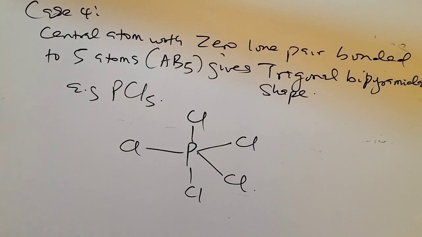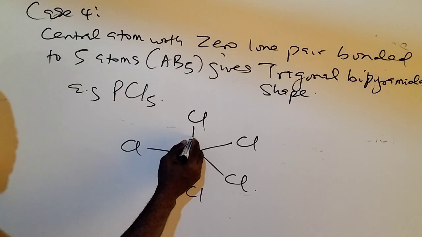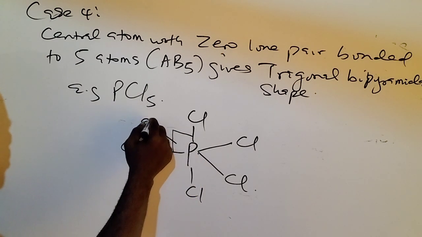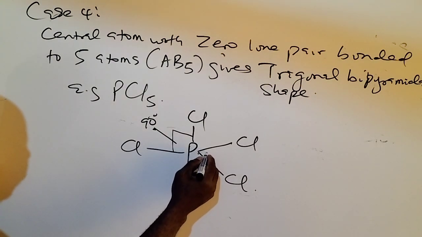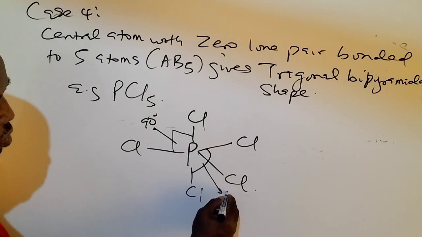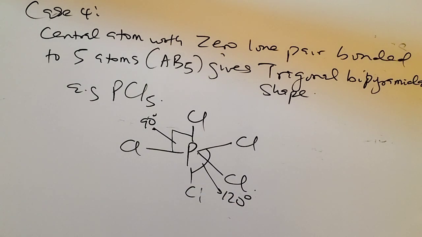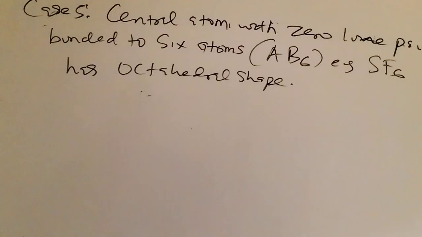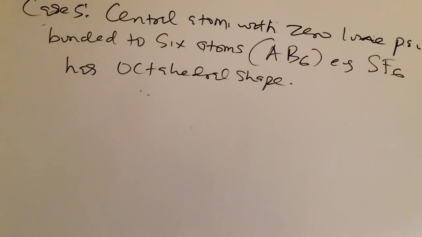Then what is the bond angle in this shape? There are two angles we experience in trigonal bipyramidal shape. Above the plane, the angle here is 90 degrees. Below the plane, we have 120 degrees. So there are two angles in a molecule that possesses trigonal bipyramidal shape, like PCl5, PBr5, and so on, PF5. Two angles, 90 degrees and 120 degrees. Go to the fifth case. So the sixth